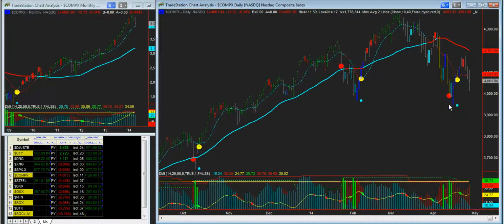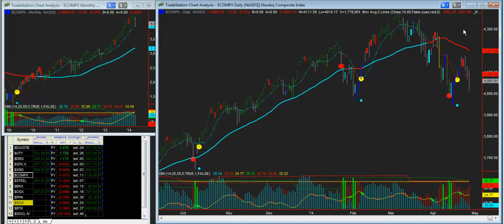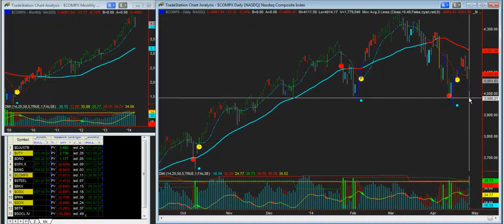So here's the daily. Here was the nice reversal, and again, here's a red bar. Same thing. We showed some weakness mid last week. What I would say is that the red bar is just telling you that there was an extreme kind of move off the lows, so expect some potential downside. And sure enough, we did get a pretty good downside. In fact, today we got a pretty